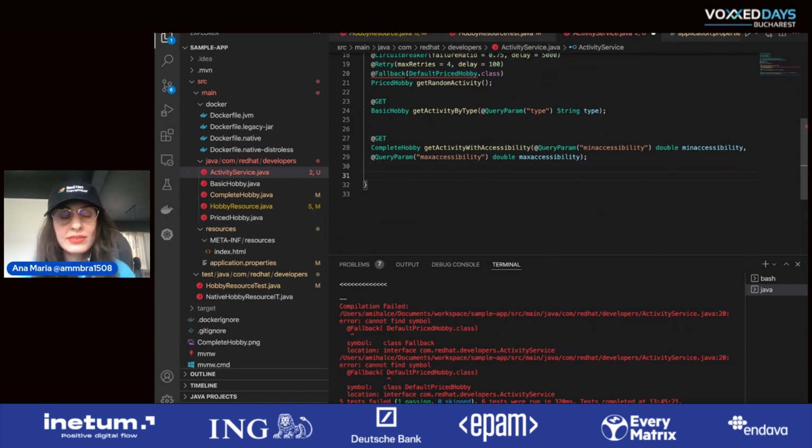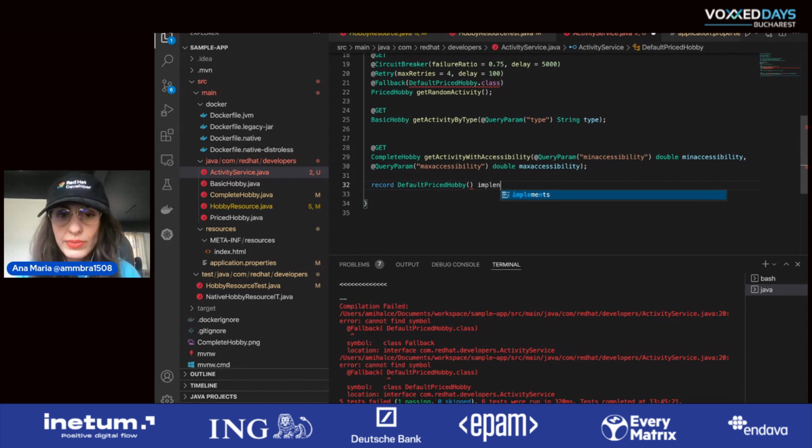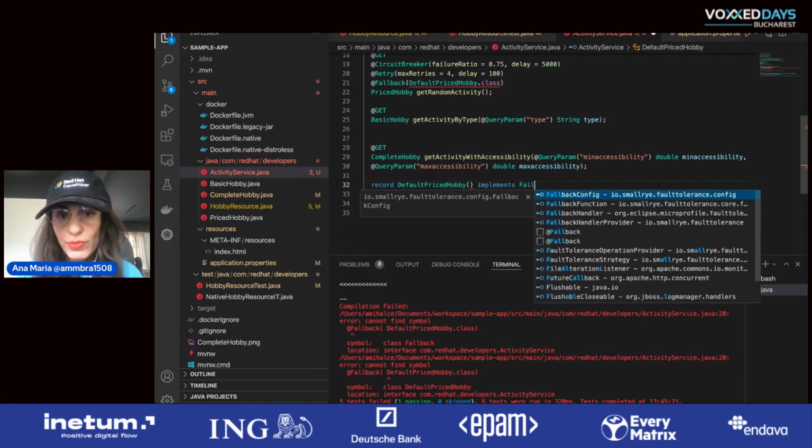Now, in the past, maybe working with 11 instead of 17, because we're talking about long-term supported releases, I would have created here a static class, an inner static class. But what I can do now is do this, record default priced hobby, with an empty constructor, I don't need any parameters to construct this one,